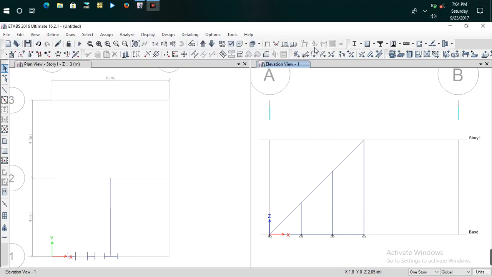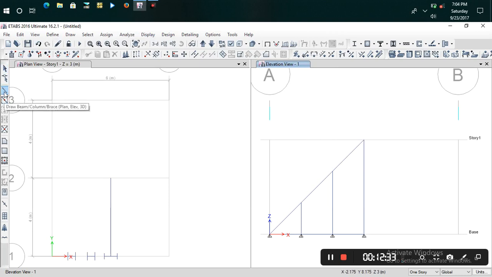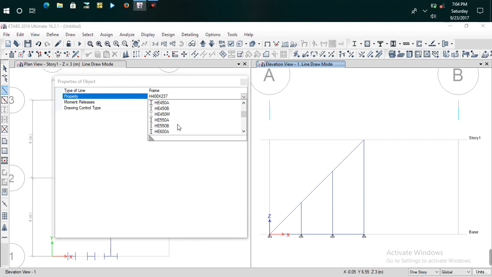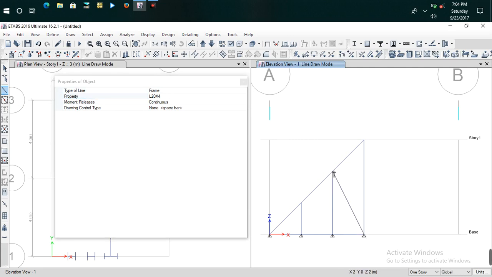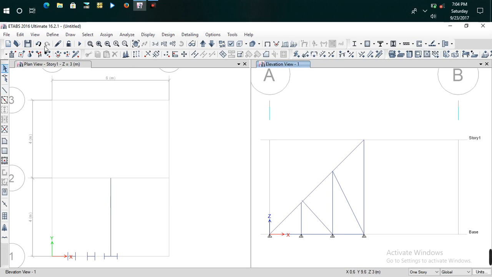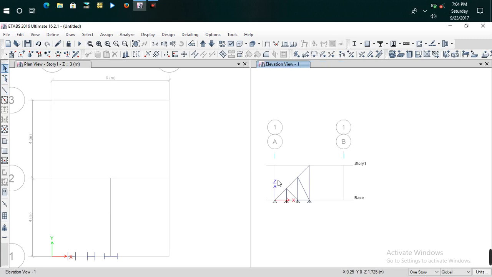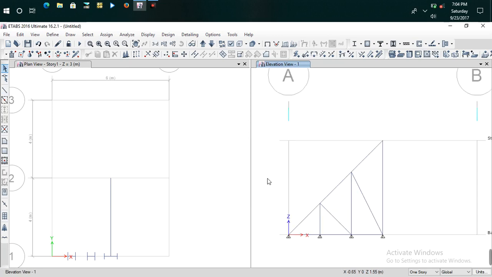So what I'll do next is again selecting the line symbol, then I gotta change the H section to the angle section. Then I'm gonna draw an inclined line here. Again selecting the line symbol, I have to draw an inclined line, one more inclined line here also. So then after doing that, the next thing that I'm gonna do is now